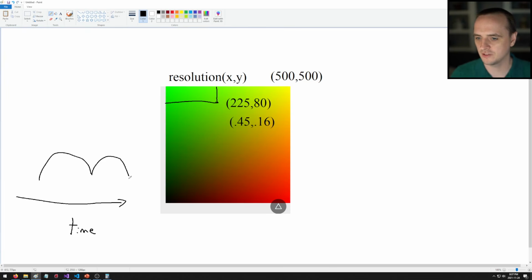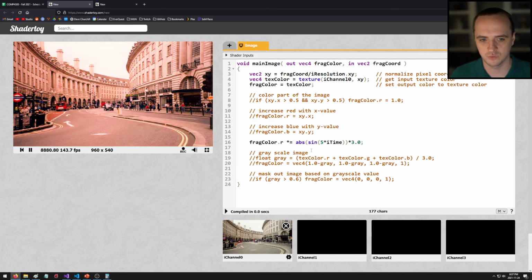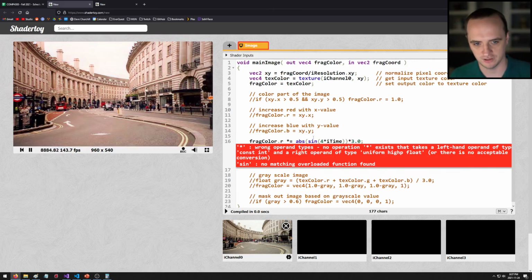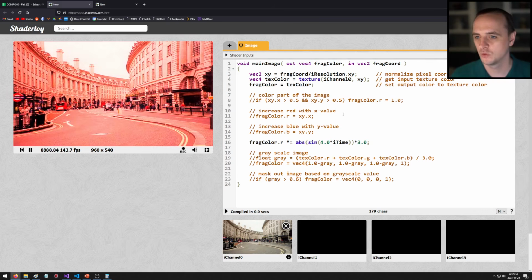If I want this to be faster, I could multiply it by 2 and get twice as many cycles, or maybe multiply it by 4. And that's what I'd get in my image as well. So if I multiply this by 4.0, then the flashing will be 4 times